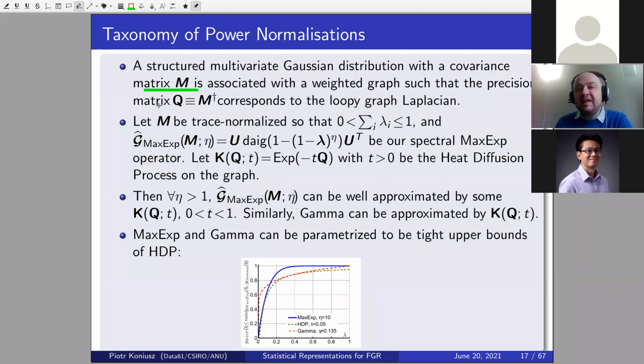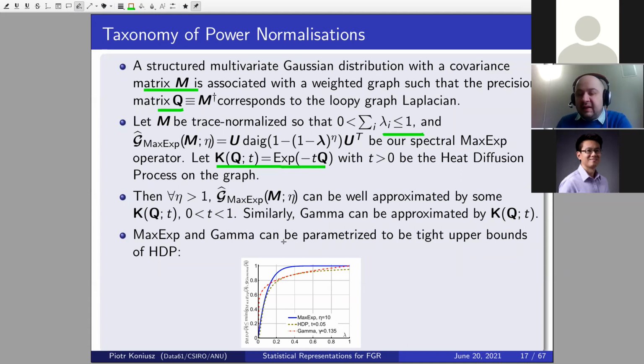And it can be described by so-called precision matrix, which is an inversion of the covariance. It essentially gives us a loopy graph Laplacian. Assume that the spectrum is normalized, and then if you write a heat diffusion function k parameterized by some time t,